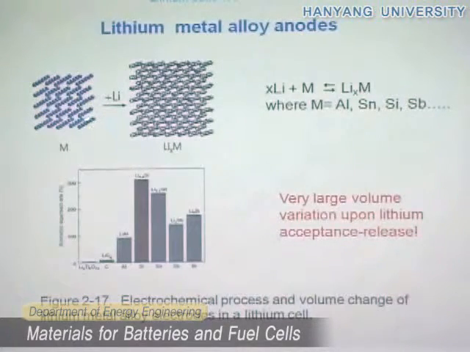Now when we insert some lithium, and lithium is this gray one here, we will have very large volume expansion of silicon or tin or aluminum. You see here we report the volume expansion that we obtain when we use the electrochemical process, so when lithium is inserted